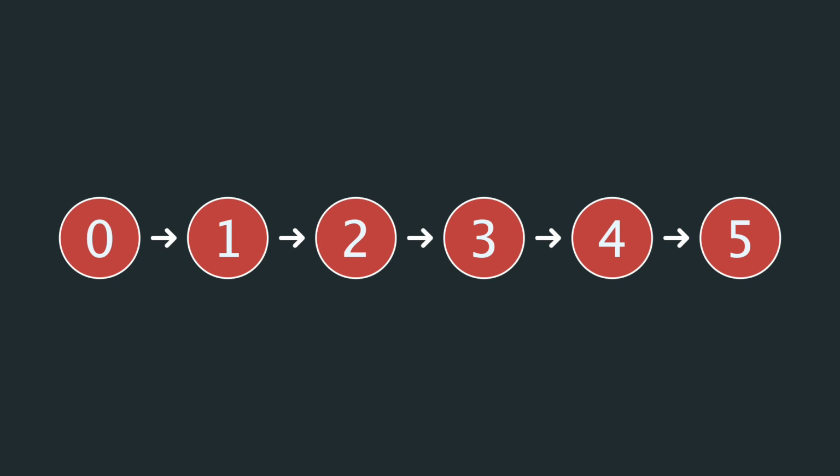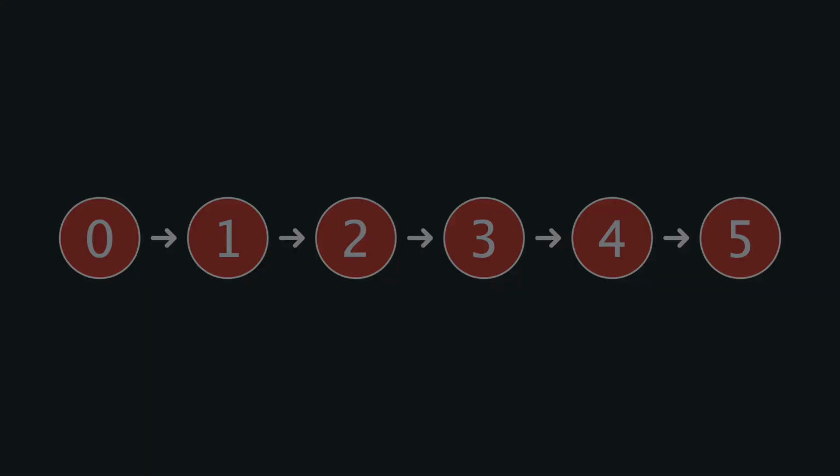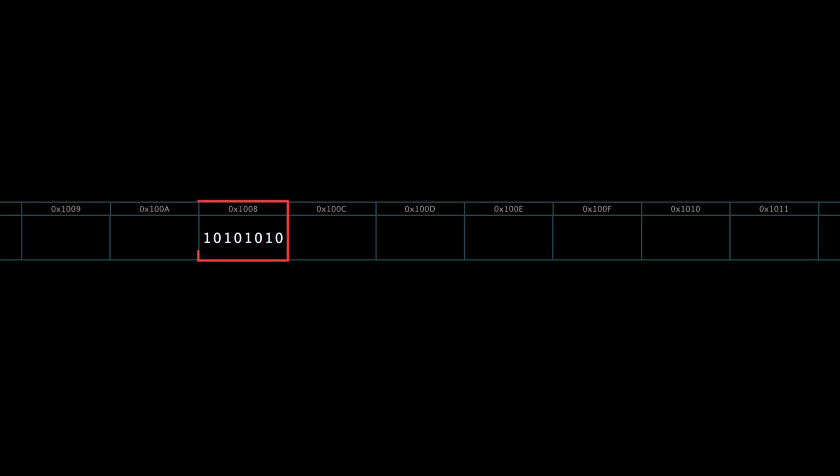If you really want to understand the underlying mechanics of a linked list, we need to unveil the curtain and look at how things are actually being stored in memory. Think about memory as a sequence of storage containers, where each container is called a byte. A byte can hold up to 8 bits of data, with each bit representing a binary number, either 0 or 1. Each byte is stored at a unique location, a unique memory address, similar to how your home address identifies where you live. This piece of data lives at the memory address 100B.